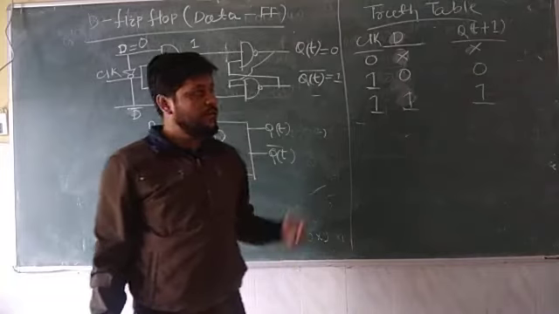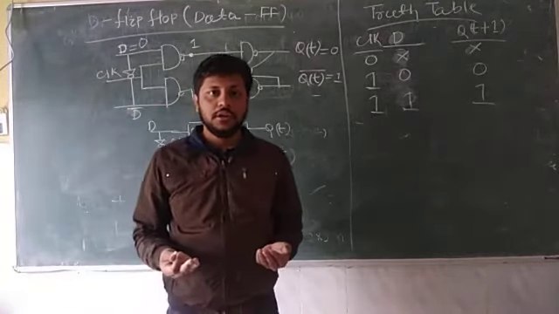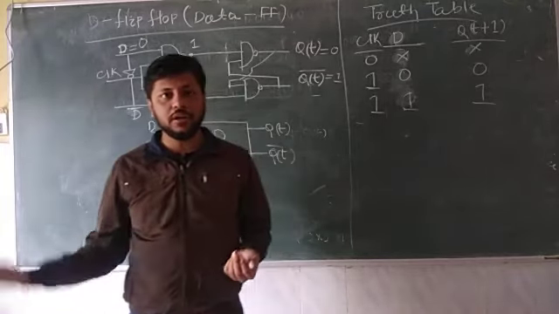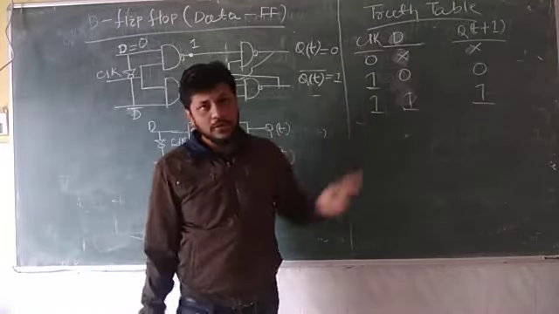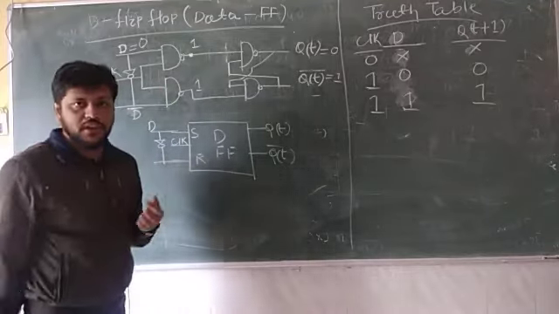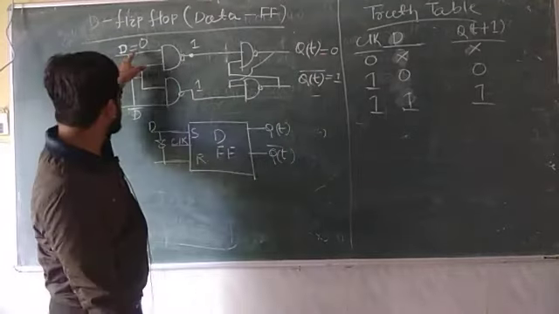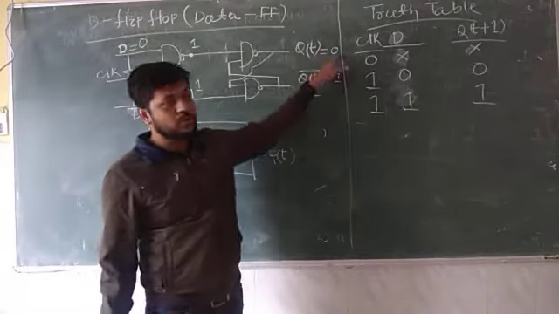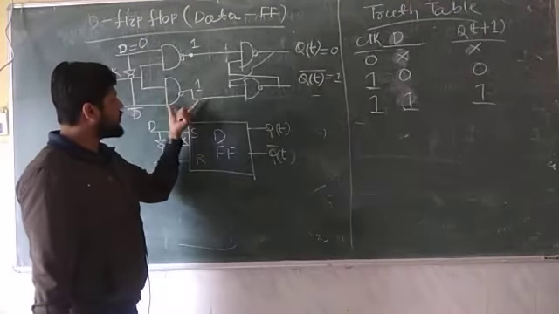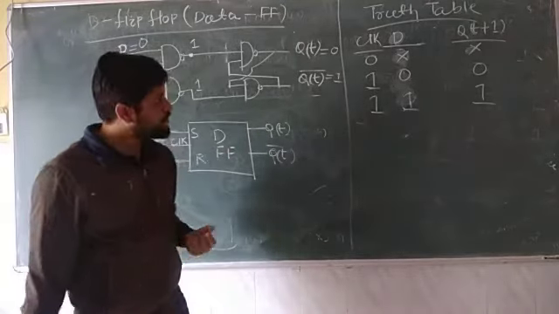For example, you need your data to be produced at the output after some delay. This is the perfect circuit, since the NAND gates produce some delay and replicate the exact input. So whatever input D is, 0 for example, QT plus 1 is also 0, and the NAND gates provide some delay.